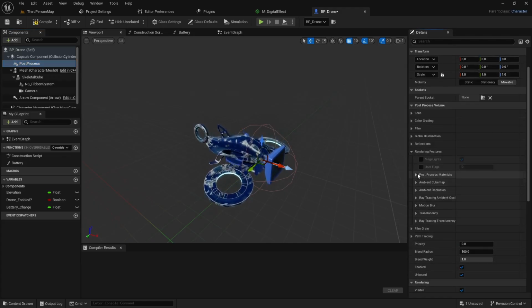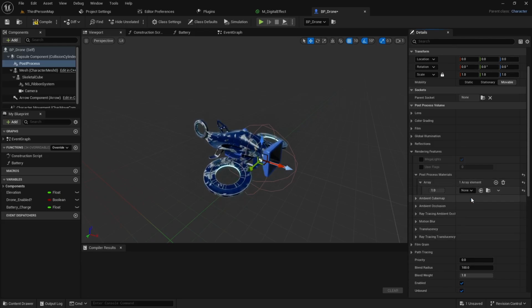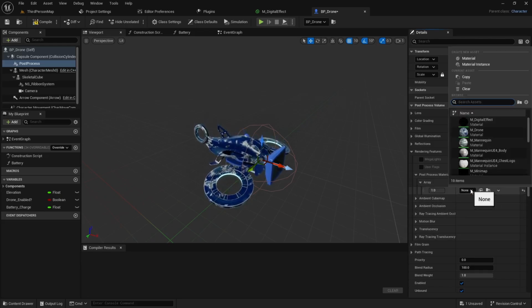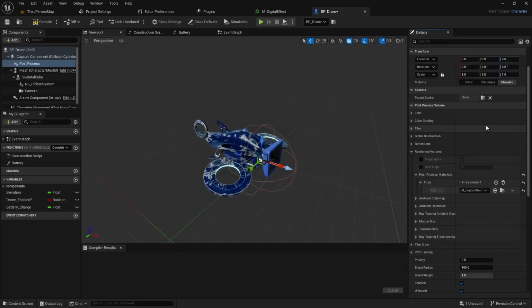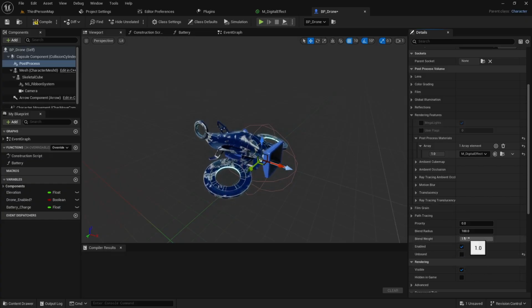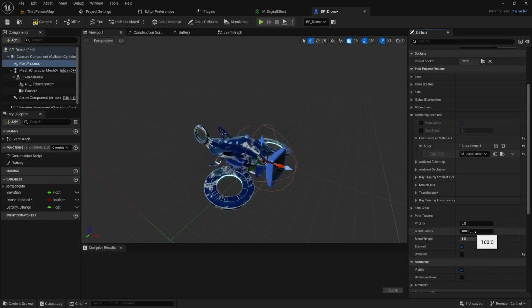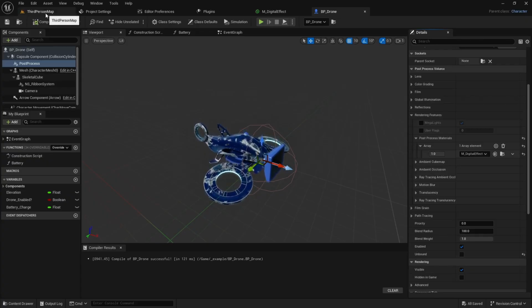And then under that, there's post-process materials. We created that material, so we can add it, select it as an asset reference. I think we called it M_digital effect. And the last thing we want to do is set this to unbound, because I only want to use the radius of 100 units around the drone, like a small circle. So now if I save that,